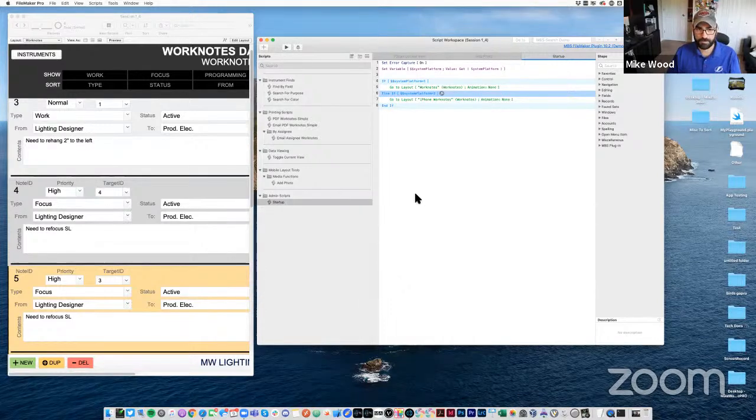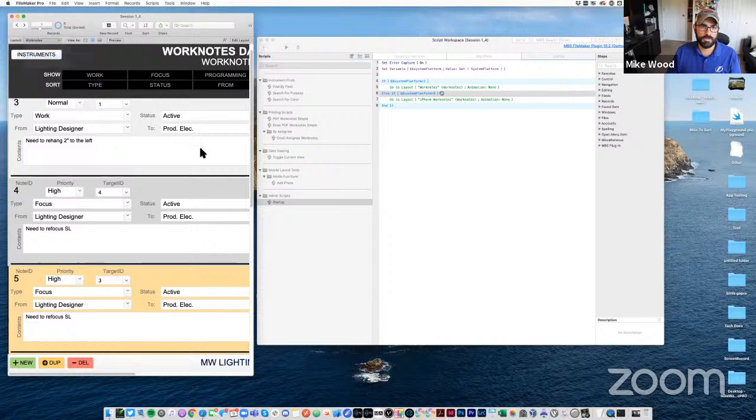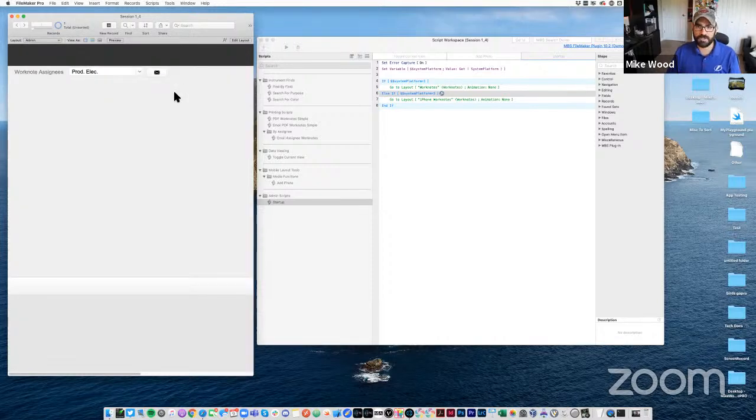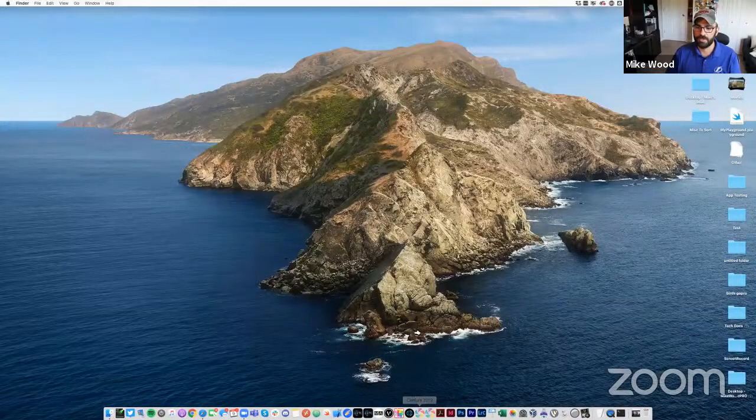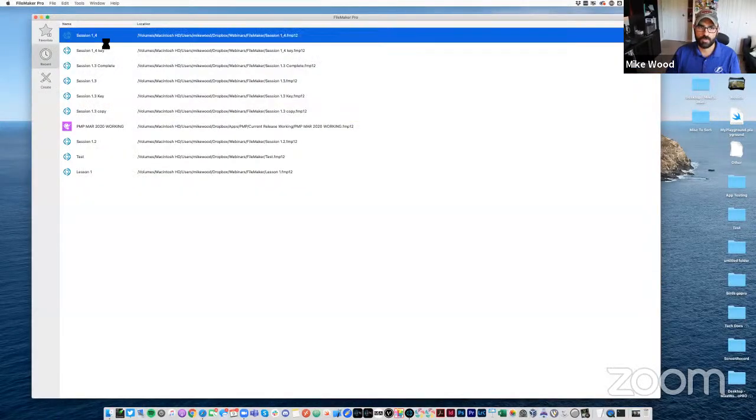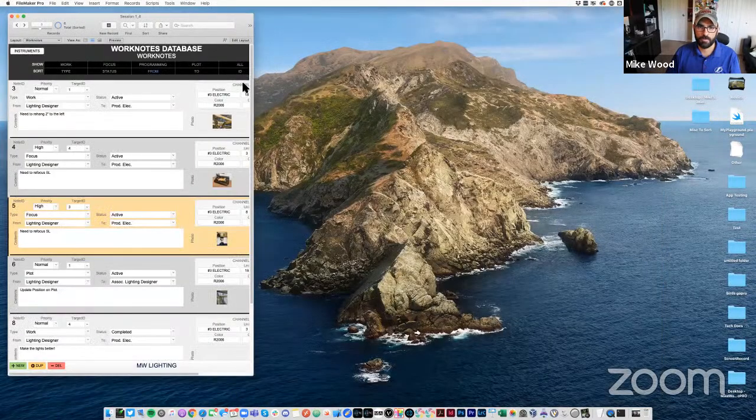Just like that. So now I'm going to leave this, let's say, over here on this admin screen. I'm going to completely quit FileMaker. I've got to close it on my phone too. So I've now completely quit FileMaker. You see it's gone. And when I open FileMaker back up and I open session 1.4, boom, it's dropped me